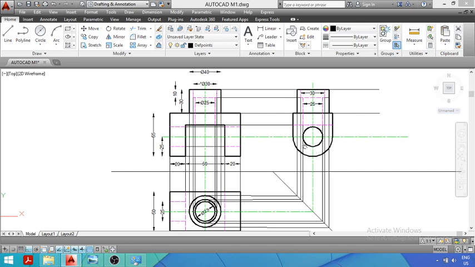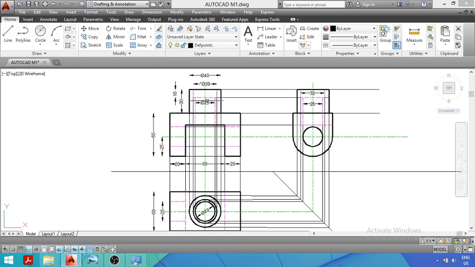So this is the final projected view, that is the front view, the top view, and the side view of the given object. So this is my front view, this is the top view, and this is the side view. After completing the figure, we can give the necessary dimensions. Now you can see that we have already given the dimensions. The length is given here, the height is mentioned here, the center of this hole from the bottom line is also mentioned, the height of the vertical cylinder is equal to 30 mm, it is also drawn.